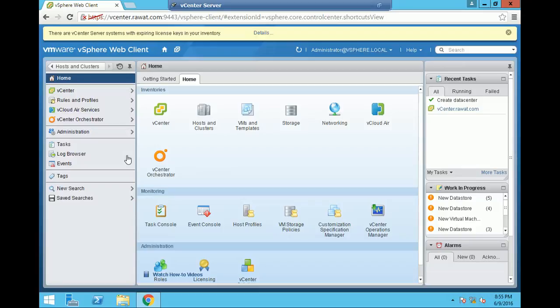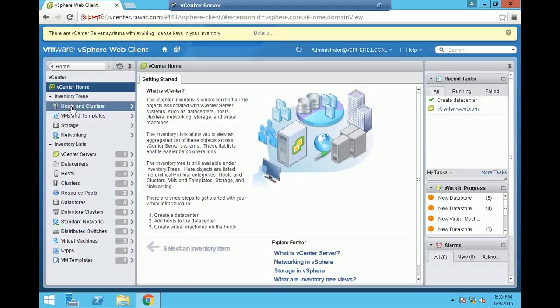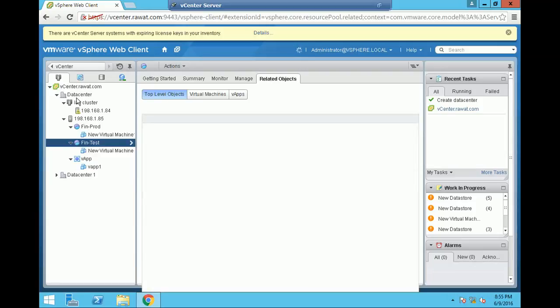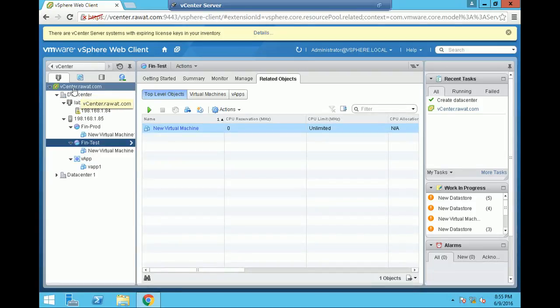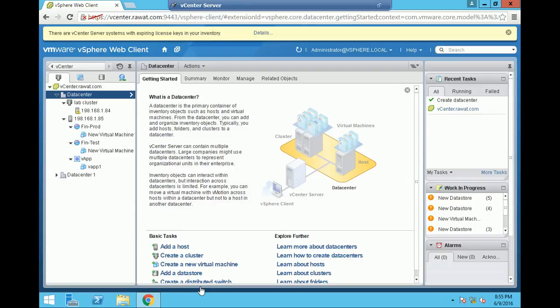The first task is creating a vCenter inventory data center object, and for that we just go to vCenter, and under vCenter we select the option hosts and clusters. You can see a number of things, but we just go to the data center. A data center has already been created, so if I click on that, these are the summary of the data center created, and to create a new one you just go to